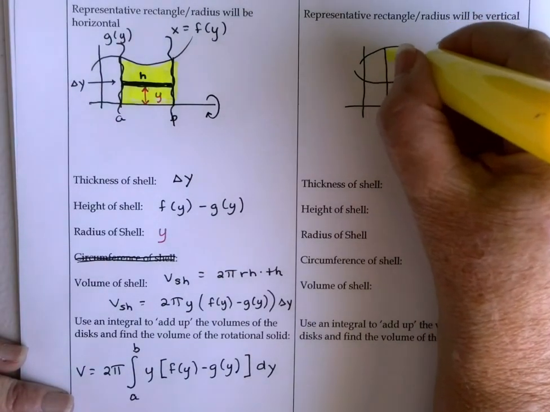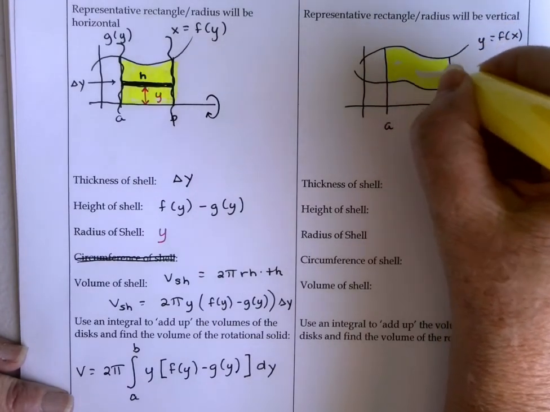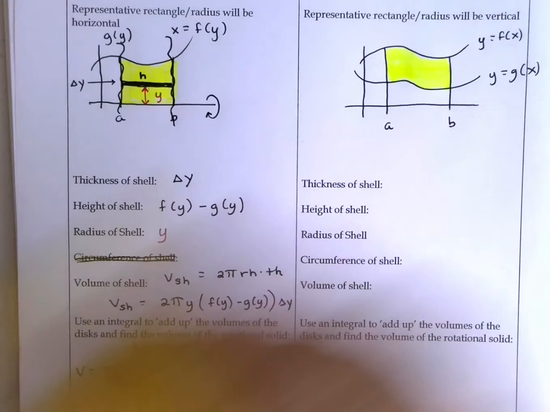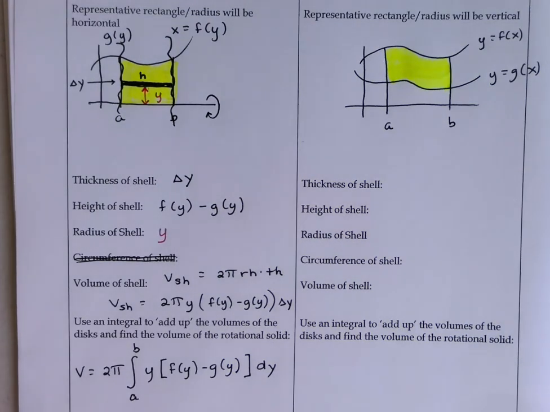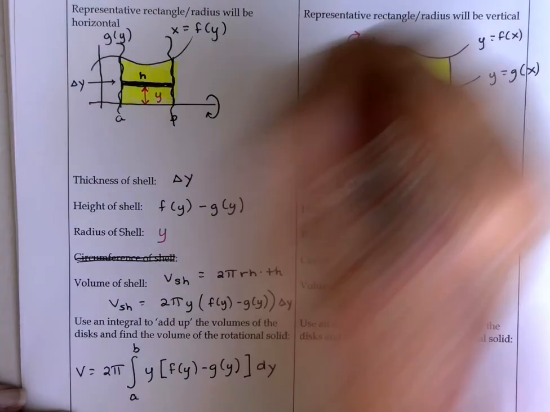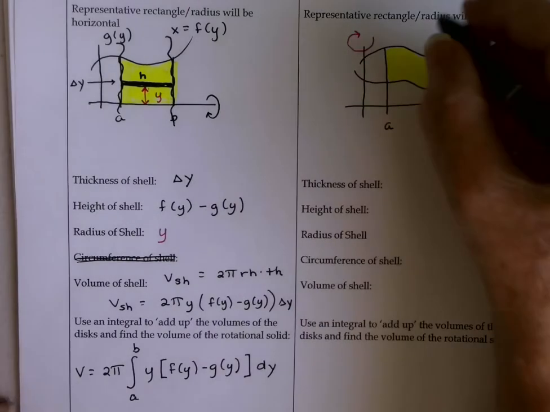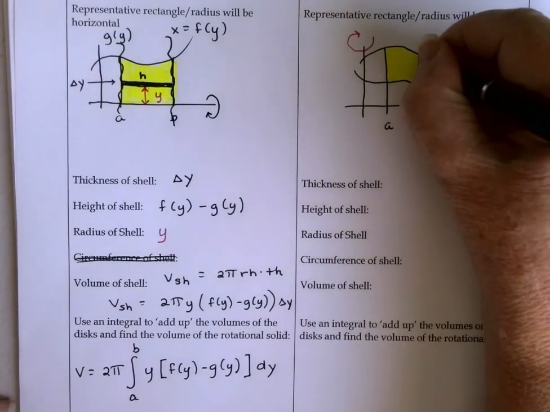And so here is my region. And my goal is to rotate around the y-axis. So once again, with the shell method, we always want to draw our rectangles parallel to the axis of rotation. So I'm going to draw my rectangle vertically this time,